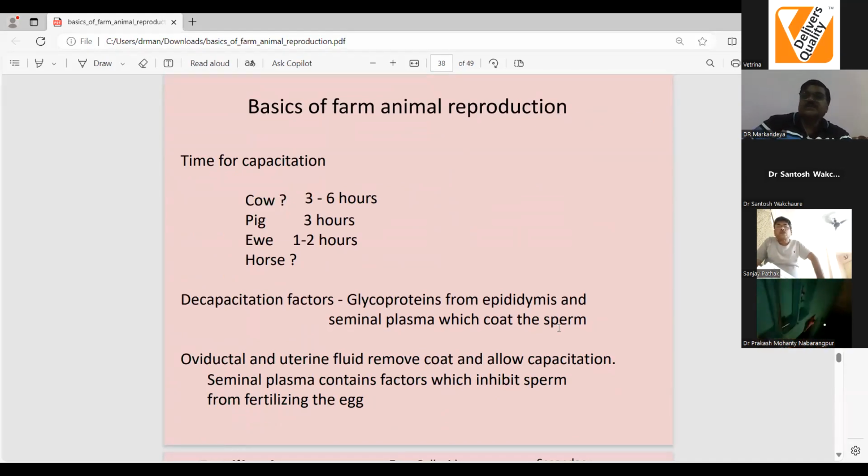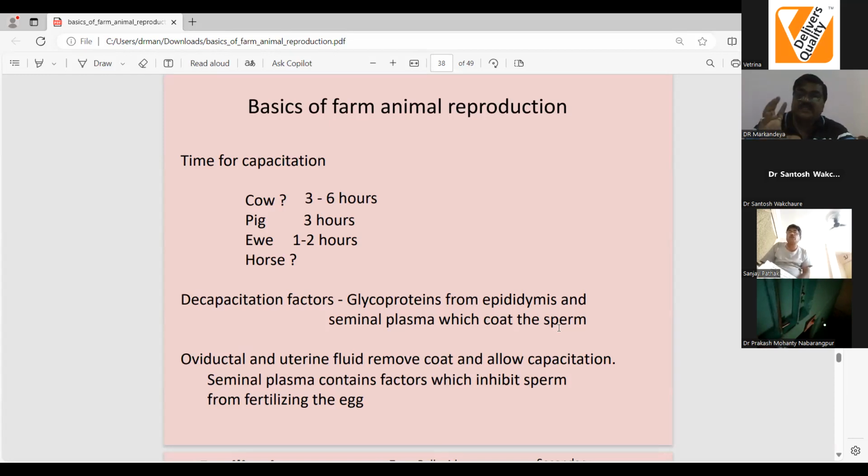Capacitation. This is the expected time for capacitation. It may be a little more. Sperm will undergo the process of capacitation through different types of processes. Capacitation means becoming ready for fertilization, and this capacity is provided to the sperms by different steps of the capacitation process.